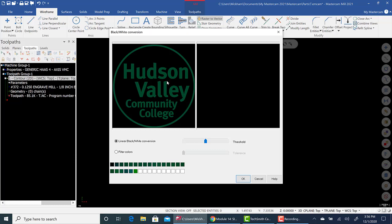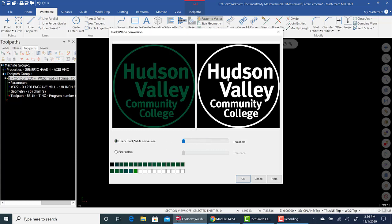So it came in as green and black. If we take the linear black and white conversion, putting it all the way to the left, you'll see a nice crisp black and white. Right? That's what we're looking for. All right? So if we hit OK,